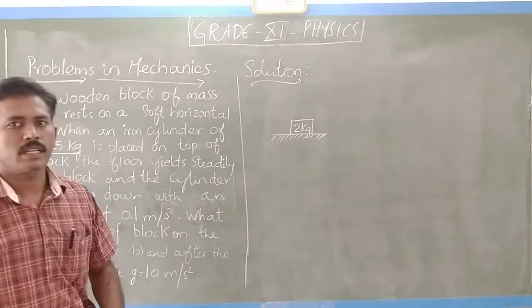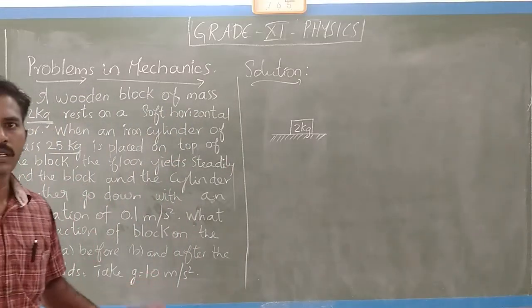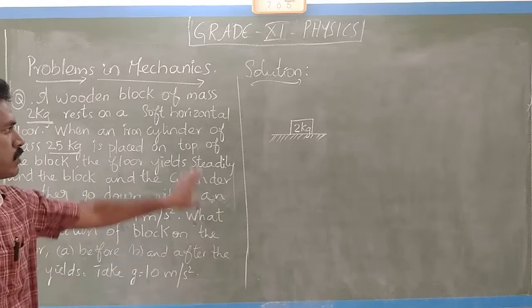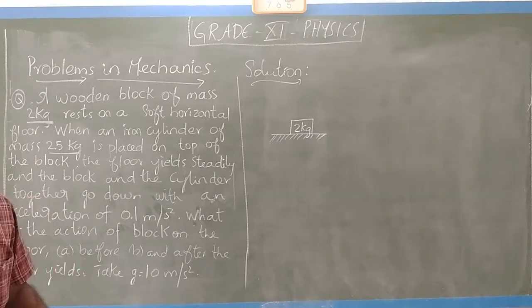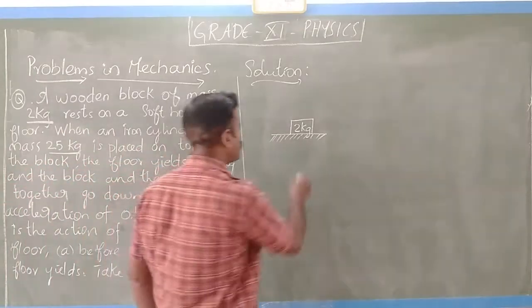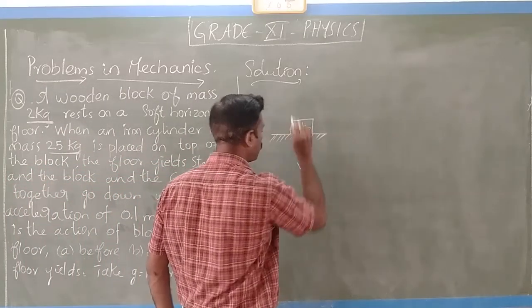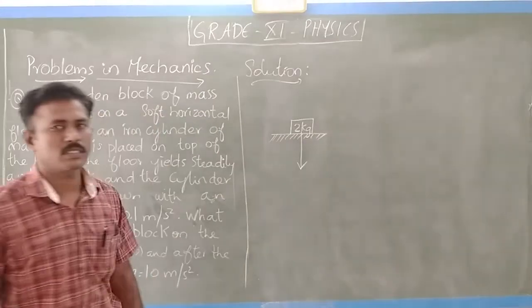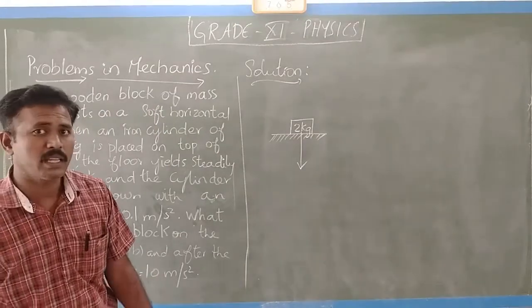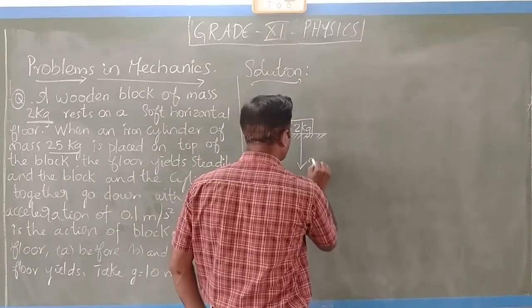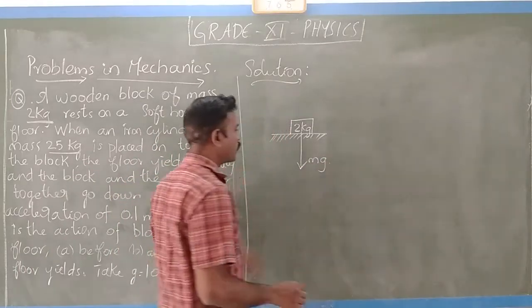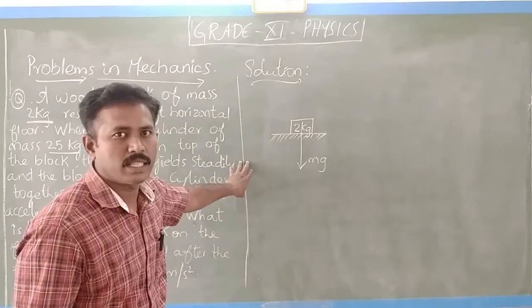So what is the diagram that we draw for this? A free body diagram means we have, in general, any mass will be attracted towards the ground. That we call the gravitation force. So we have a force here. This mass is naturally accelerated by gravity, so this is mg. The force towards the earth is mg.